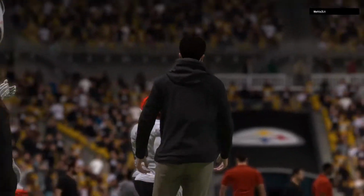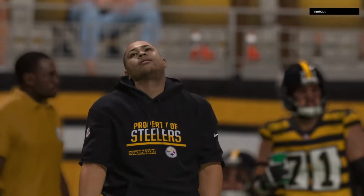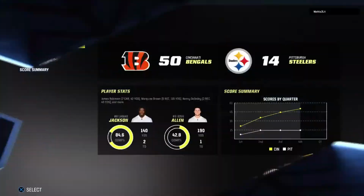Well, partner, under the lights in primetime, this offense, they gave the nation quite a show, putting up that many points to come away with what will certainly be